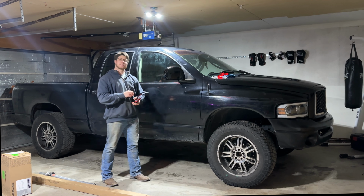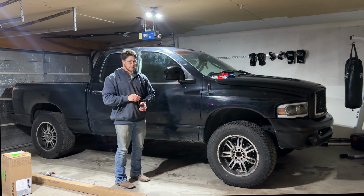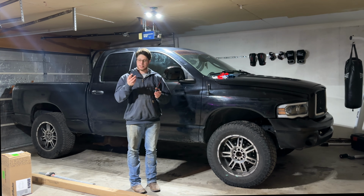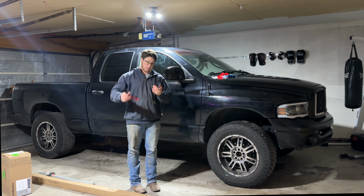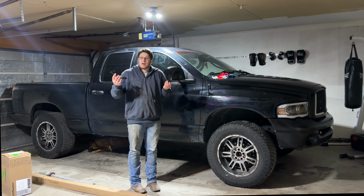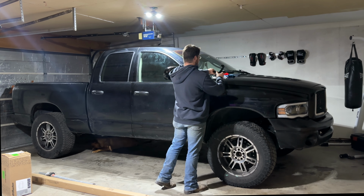I'm a sucker for little things, and these are very little, but they are made with OEM plastic, so they're hard, like they got some weight to them. They're not flimsy little things, and they stick on. It's super easy. So I am going to use,